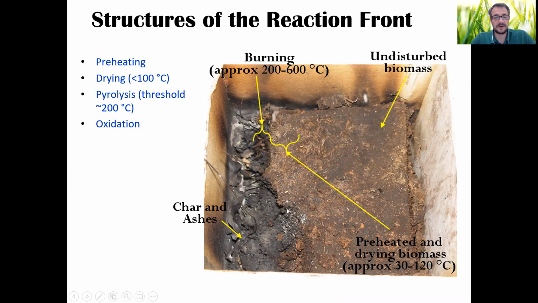Then there's a point where it has preheated enough that it starts to dry, it loses its water, and very shortly after you see the charring front where pyrolysis is taking place, leaving the char. Then the char burns, and that releases the heat that continues the preheating, the drying and the pyrolysis. So at the end, this is a process where the oxidation releases an amount of heat. A fraction of this heat is lost in the air, and a fraction might be lost to the bottom and to the sides. But the important thing is the fraction that is able to reach the layers of peat ahead, preheat them, dry them, pyrolyze them, and then reuse the char that is left to continue the process.